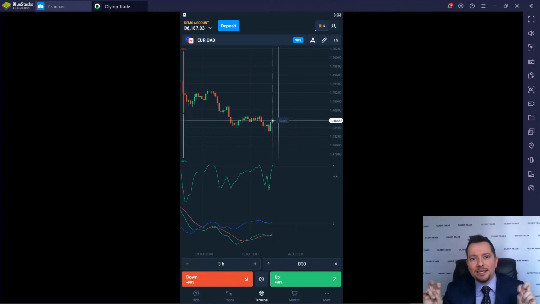Now, because it says anti-martingale, I want to talk about the martingale system in and of itself. The martingale system makes you bet so that every time you win, you basically bet less, and every time you lose, you bet more. That's the martingale system. It leans more towards risk of losses. So you can actually make a series of losses and then not come back. And that is the opposite of what we want in trading.